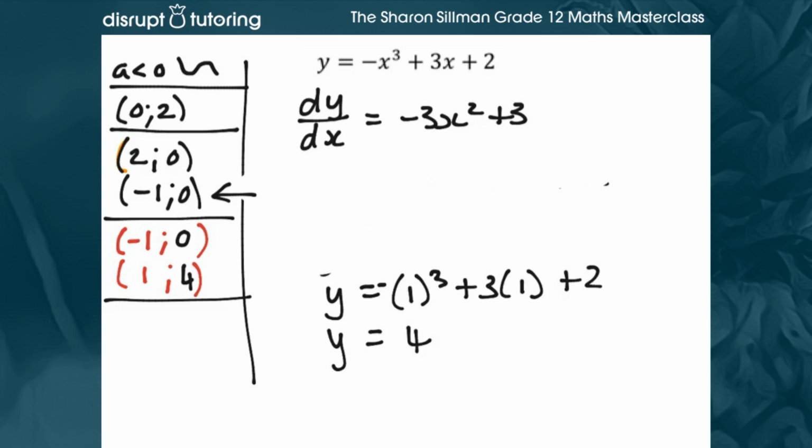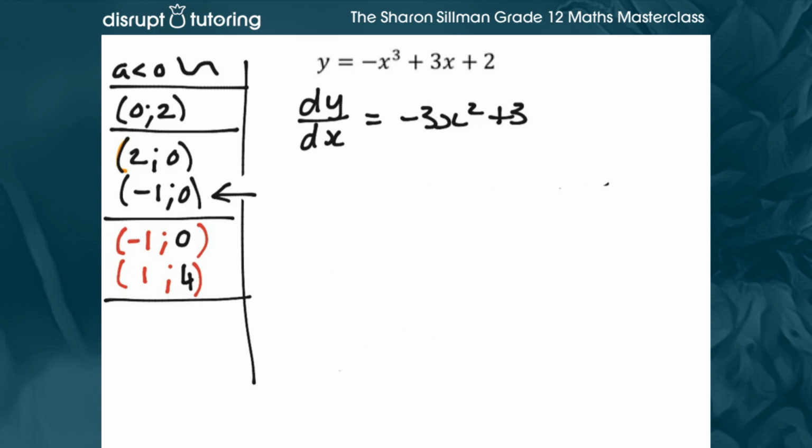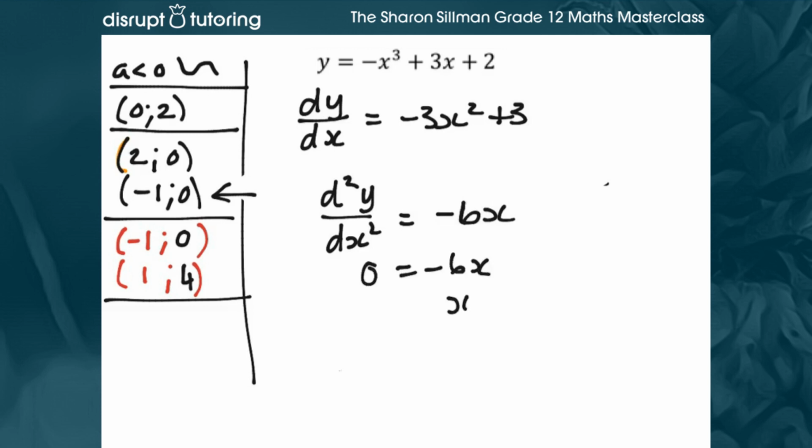Final step. We're now going to find the point of inflection. So we're finding the double derivative. Note how I set that out. 2 multiplied by -3. Make that equal to 0, and solve for x. Divide both sides by -6. To find the rest of the point of inflection,